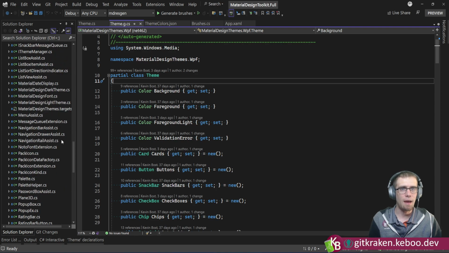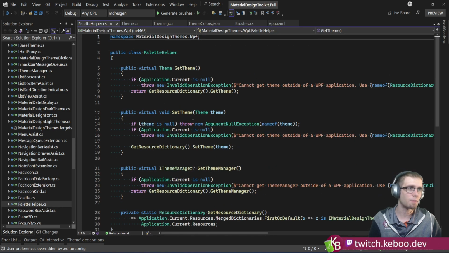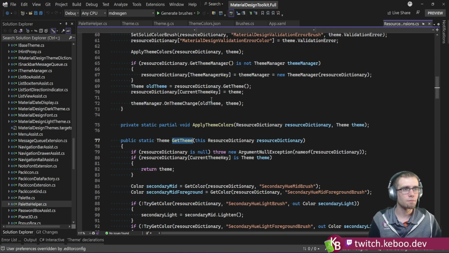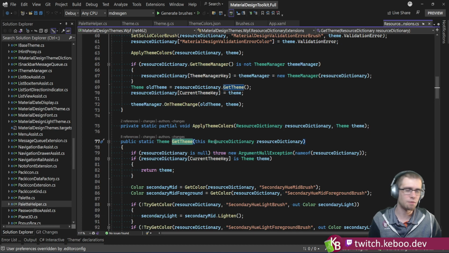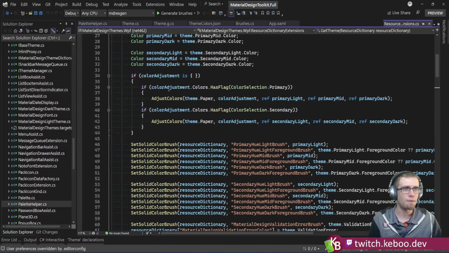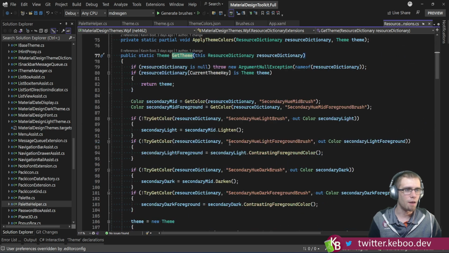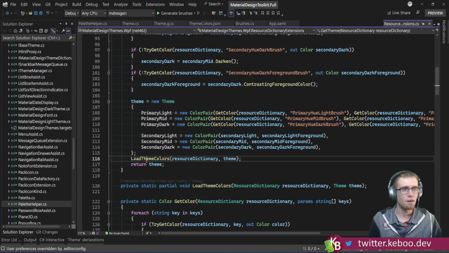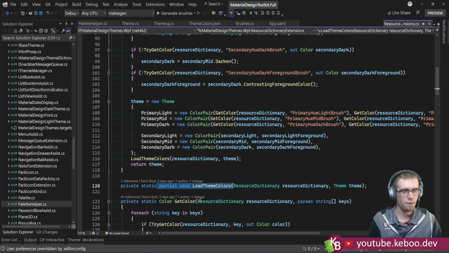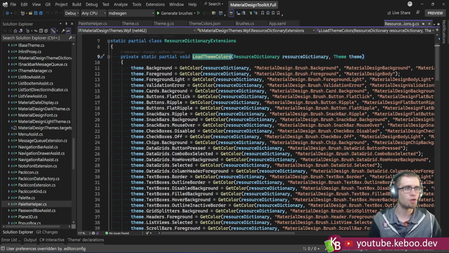The palette helper is probably about to die next, or it's one of the things that's about to die. It's mostly going to be a rename, I think. But the get theme and set theme methods that exist in here, I need to clean up some of this, because some of this doesn't need to still exist. But a good portion of this down here, you'll note, is doing the load theme colors, which is once again a partial method. If we actually jump to the other half of it,